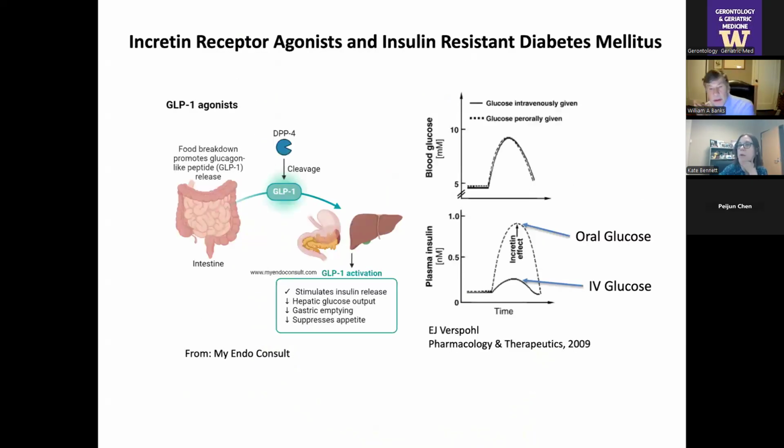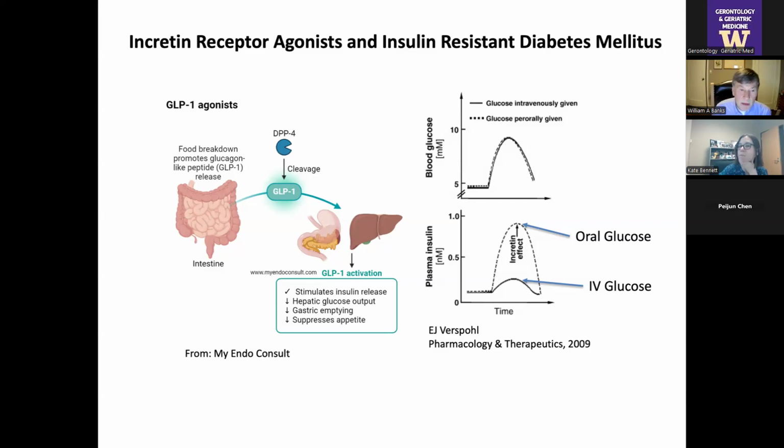But unfortunately, peptides tended to be very hard to harness pharmacologically. And so the interest waned in the 80s and 90s. And then at the beginning of this century, peptides came back in a whole different way. And here are some compounds I know you know, the incretin receptor agonists, and their use in the treatment of insulin-resistant diabetes.